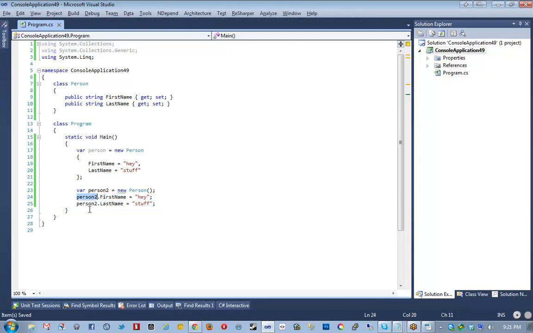I mean, we're saying person2 twice. Imagine if we had 10 properties we wanted to set. Right, exactly. And it doesn't stop at simple value types. We can actually nest not only collection initializers and properties, but also other object initializers in object initializers, which is cool. One of the limitations we do have, though, is